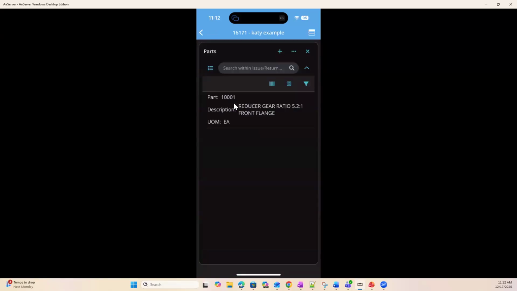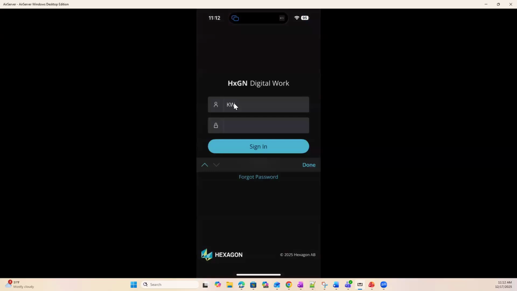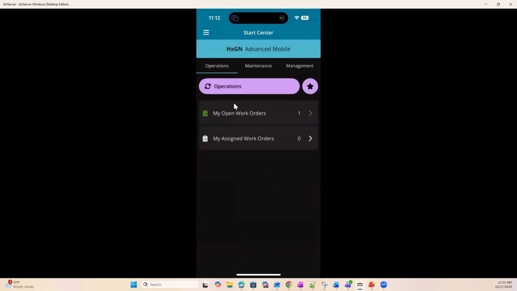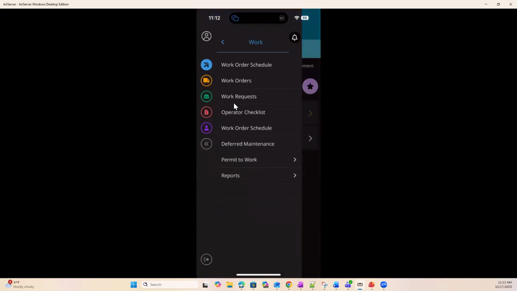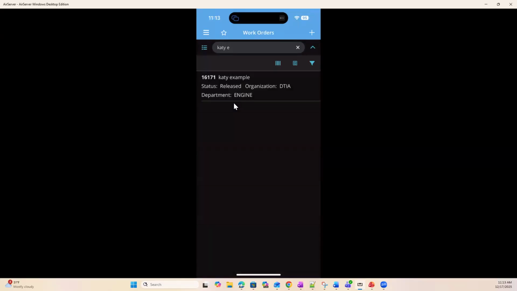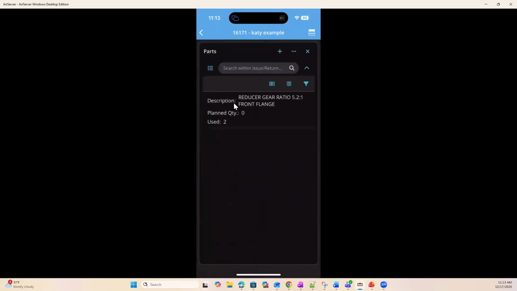Then I think for the other change, I need to log out and then log back in. So let me do that right quick. So these were the changes that showed the layout adjustment. Okay, so I'm going to go back to work orders, go back to my Katie example, and then I'm going to go back to my parts screen. And so notice now we see the part description here, we see that planned quantity, and then we see our